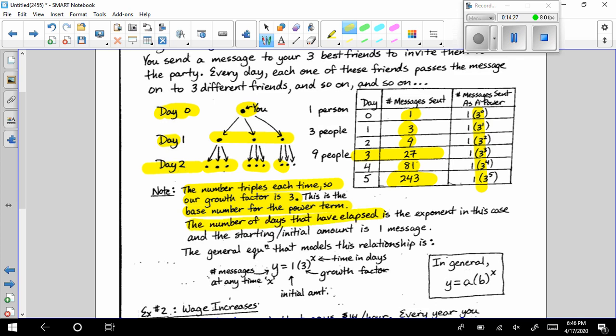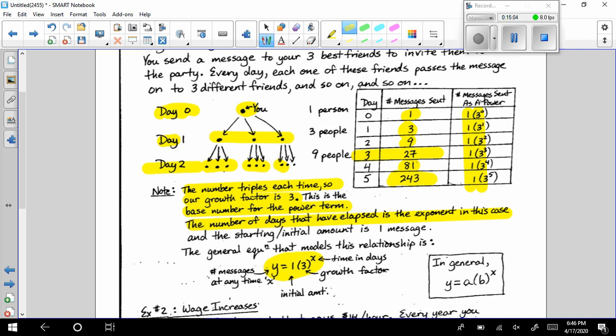The number of days that have gone by or elapsed is the exponent in this case. So day 0 is there, all the way down to day 5. Notice it's the exponent on the base of 3. And our starting or initial amount is 1 message, so that's the coefficient. Normally I wouldn't write it there, but I'm trying to emphasize your starting amount always goes in that coefficient position. So the general equation that models this relationship is y equals 1 times 3 to the power of